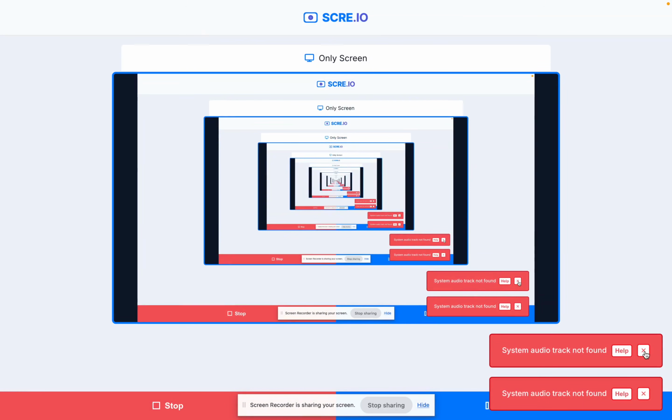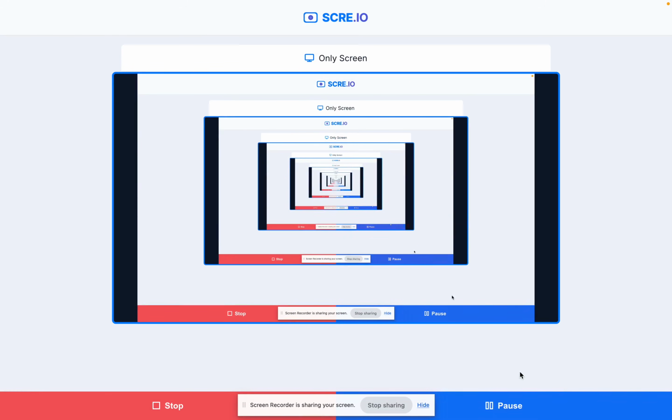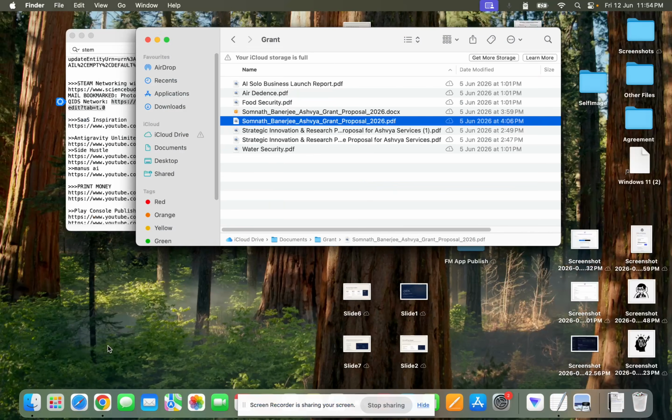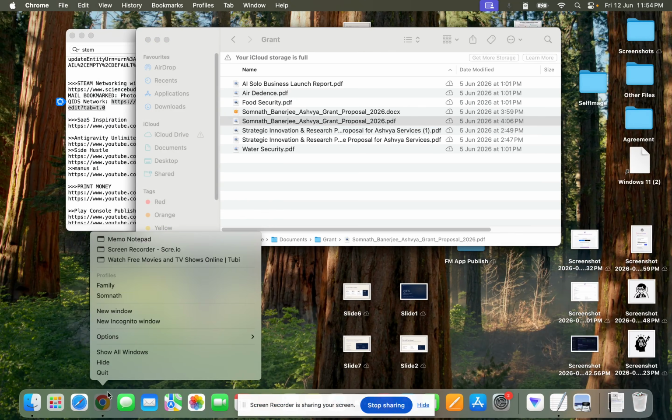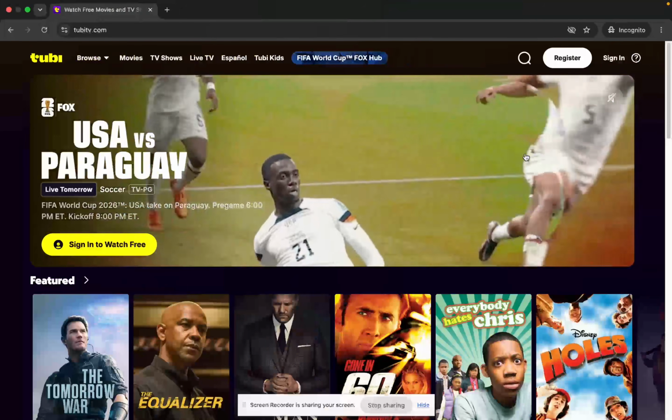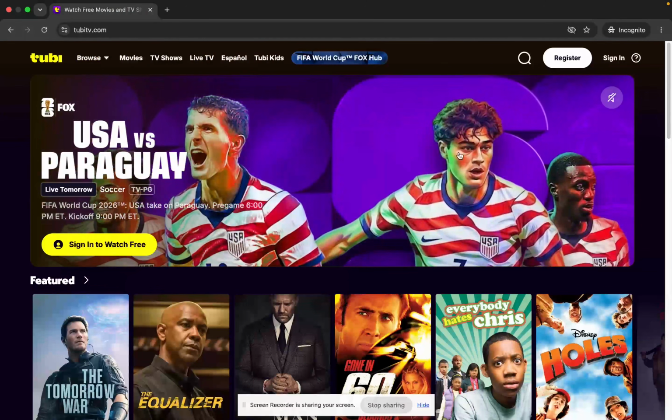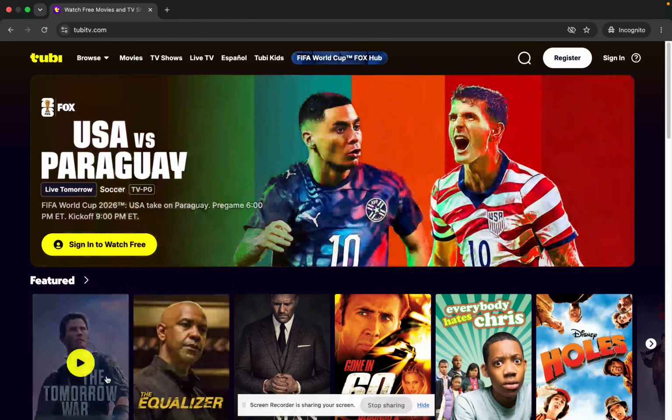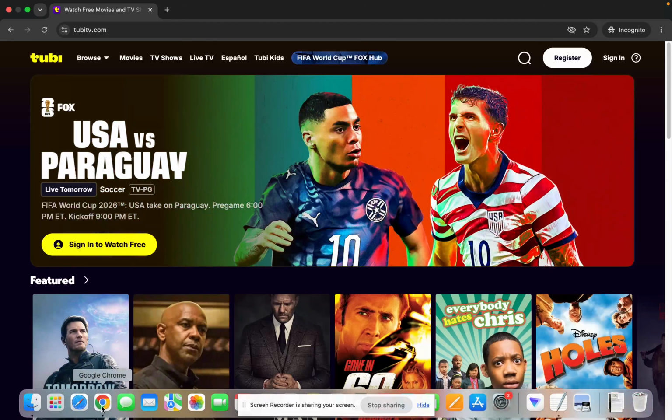Hey, hi all. So today I'm going to share a tip on how to watch FIFA World Cup 2026 for free. I believe you can implement this technique and you would be able to watch the FIFA World Cup from any part of the world. I'm from India. Now, the technique that I have used is first I have installed